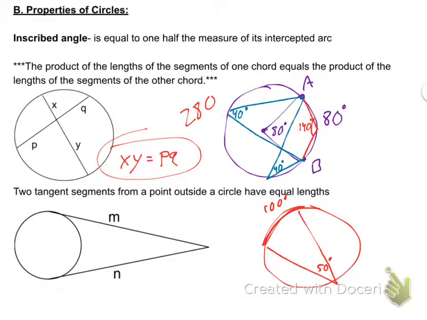Is that cool or what? That's pretty neat. We'll put that to practice tomorrow, not today. Okay. Also, this is something we're going to assume true without the proof. But the last one, I'll quickly go through a small proof with you guys. If two tangent segments originate from a single point outside the circle,